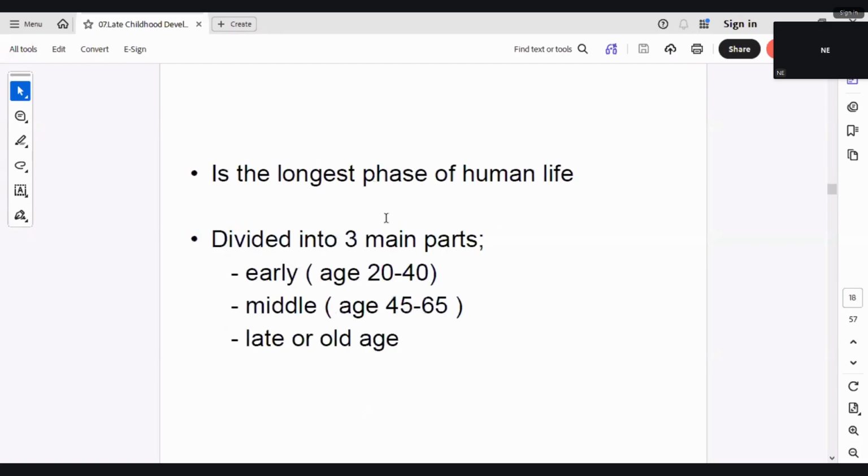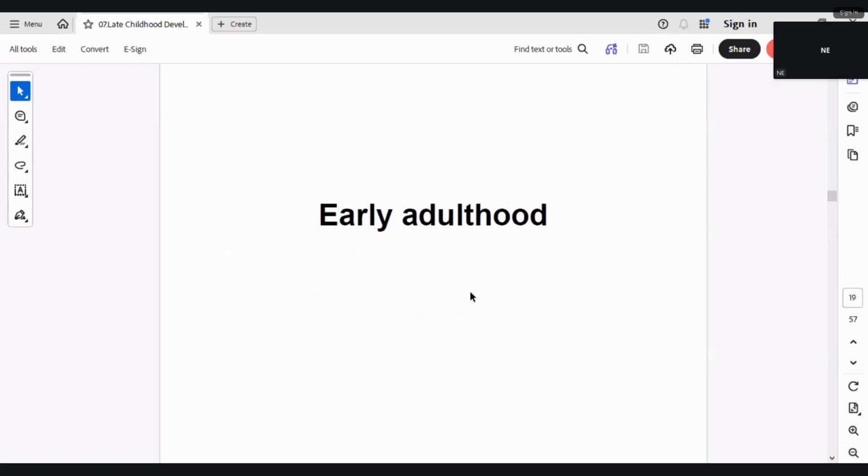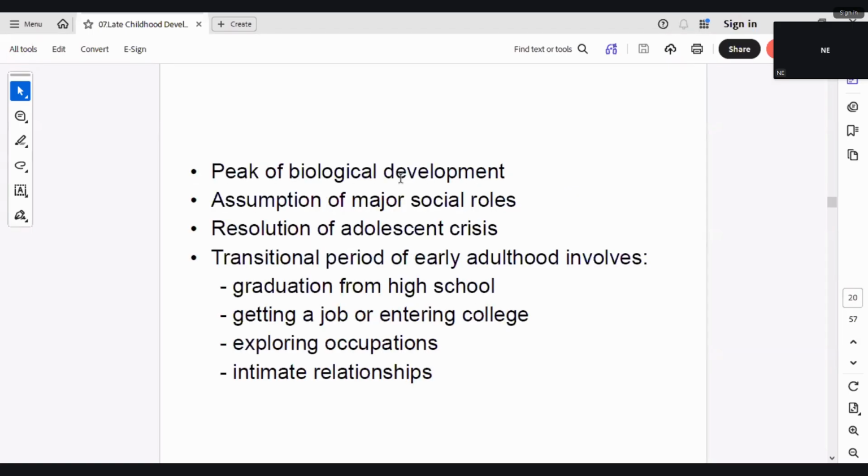So adulthood, it's the longest phase of human life, and it's divided into early, middle, or late. And the early is, again, age 20 to 40. And it's the peak of biological development, assumption of major social roles. So here people are graduating university, going on to higher studies, or they're working, employment. So it's a very dynamic